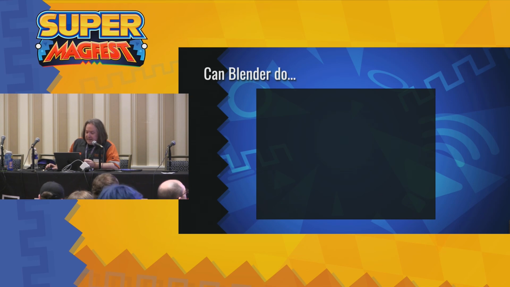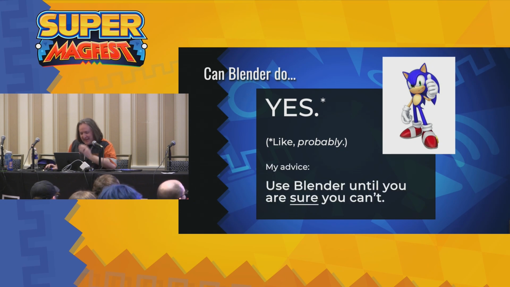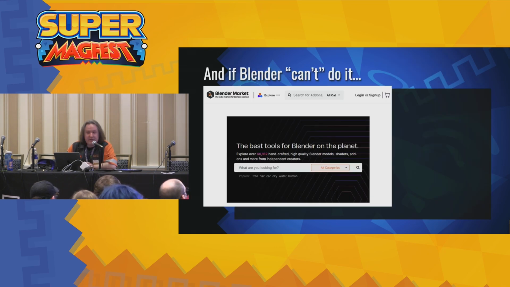I like to say, to the question, okay, can Blender do this? Yes, that is my answer. And then I will add the asterisk. So probably, yes. My general take when people ask me about this is that you go and download it. It's like a 300 meg download. It installs on the computer that you forgot you had in your closet, and it is easy to kick around and watch YouTube tutorials for. You lose nothing to try.